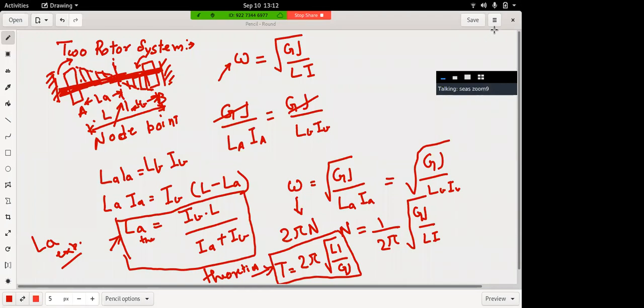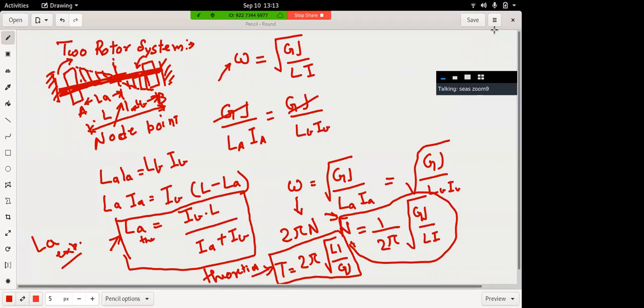So if a shaft which is subjected to two rotors like this, and you just rotate this shaft with this RPM, with this n, then the shaft will start vibrating in resonance at a very high vibration, which is very much detrimental to the shaft. तो कोई भी shaft है जो दो रोटर से अटैच्ड है, उसको इस RPM पे नहीं रोटेट करना है ना. This is because this is the natural frequency, और अगर इस RPM पे आपने रोटेट किया तो ये रेजोनेंस की कंडीशन आ जाएगी and the shaft can break.